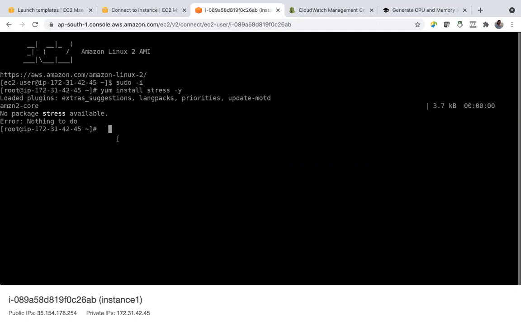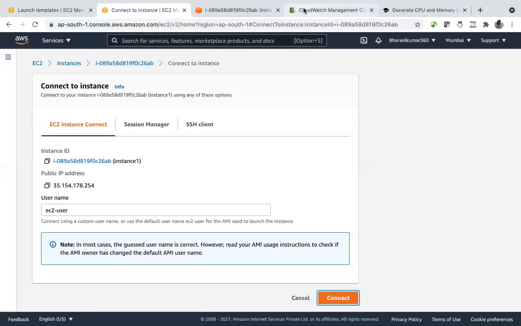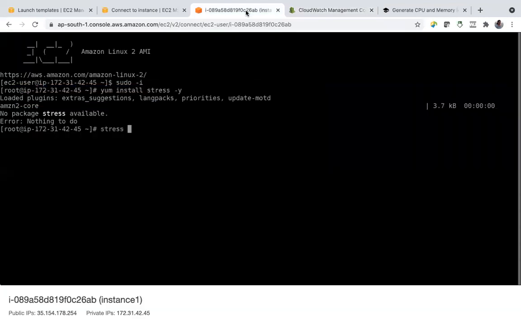No, we cannot paste like this. Stress CPU, let's say 30. Command not found.